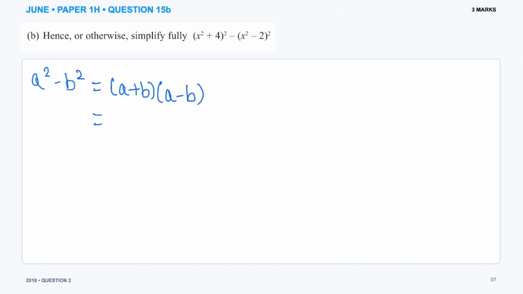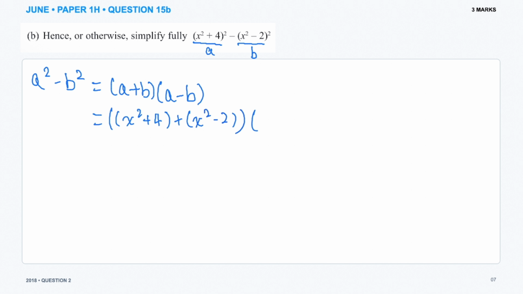But what are we going to use to substitute a and b? Well, in fact, because we have to make it into a squared minus b squared, this whole thing can be a and this whole thing can be b. Which means after we substitute in a, which is x squared plus 4, and then we add in b, which is x squared minus 2,